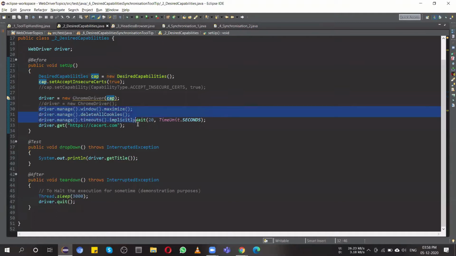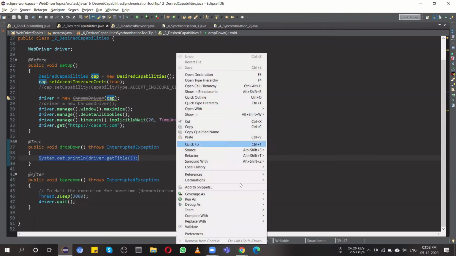Then the regular story: maximize, delete all cookies, and the actual website. Then, just for demonstration, I am printing out the title of the page.